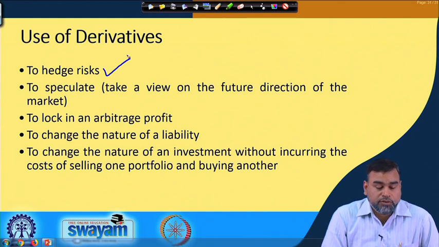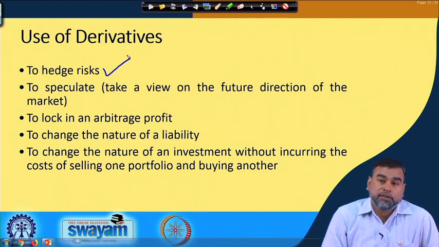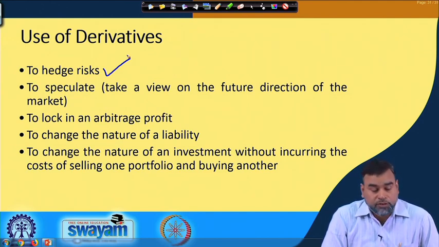You can speculate by predicting how the market is going to behave. Accordingly, if you are using speculation, then you can also get some more return than what your spot market is giving. You can lock in the profit that you can basically earn,